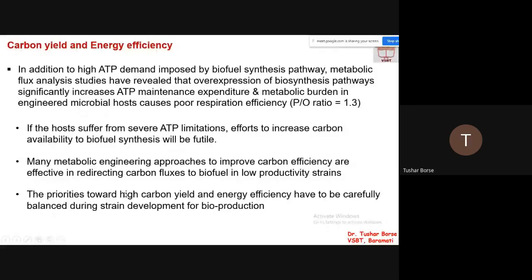Okay, so there is a need that whenever you are going for modification, the priorities toward high carbon yield and energy efficiency have to be carefully balanced during the strain development for bioproduction. Fine. So you go for the modification but you also try to see whether the respiration efficiency is being maintained, or it is balanced. It should not happen that the overall energy which is being produced is used for production only. It should also have some sufficient amount of energy for its growth and development,